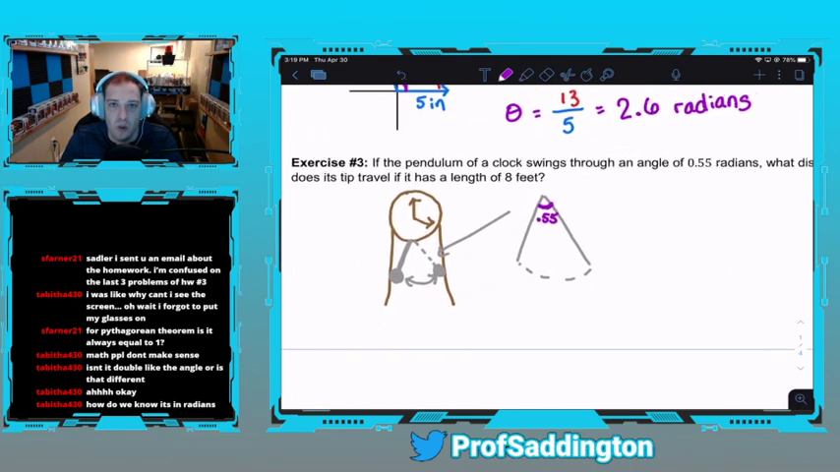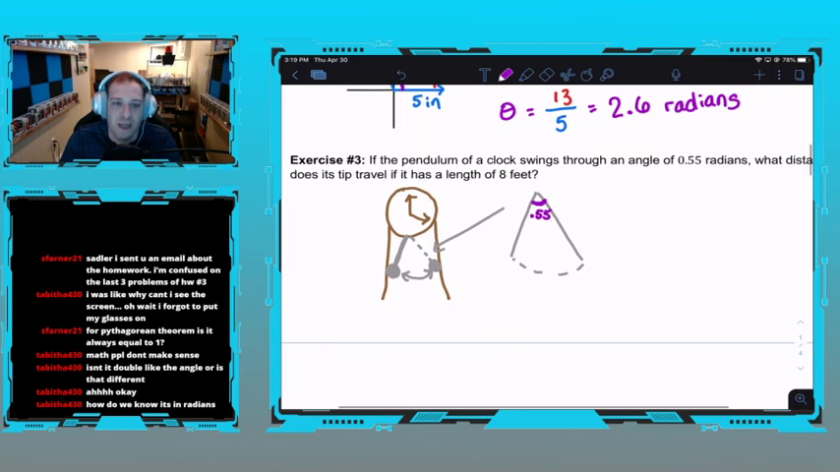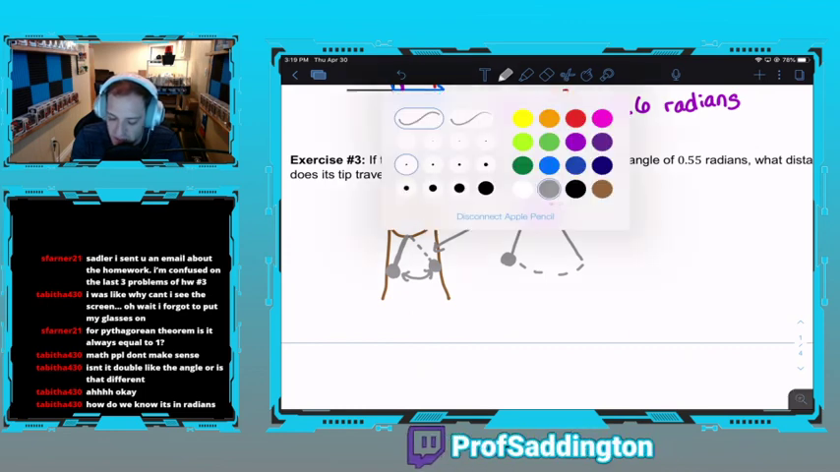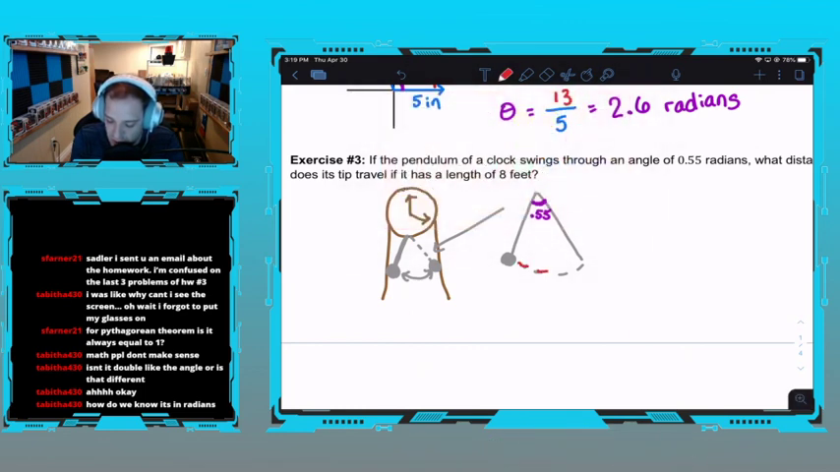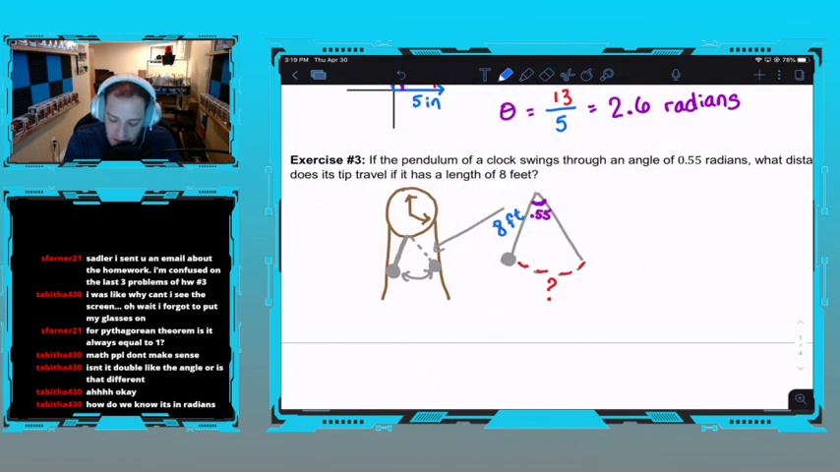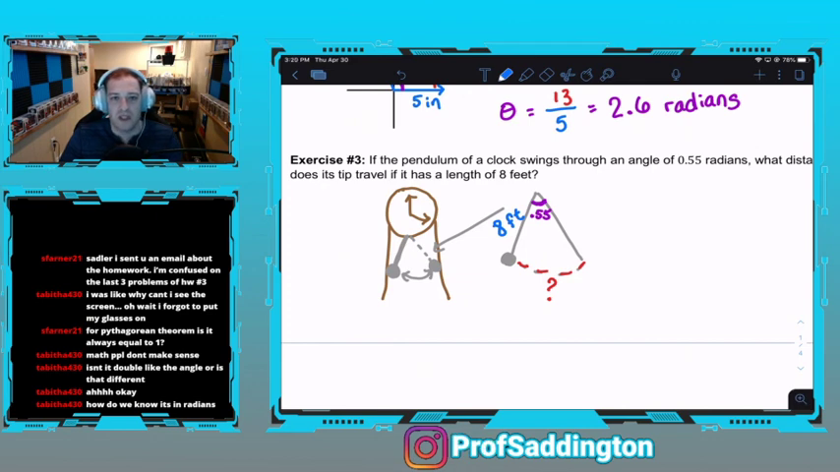It says, what distance does its tip travel if it has a length of 8 feet? So the tip would be the bottom of the pendulum down here. They want to know the distance it traveled here. So we don't know this part. However, we do know the length of that pendulum is 8 feet. So in this particular problem, we need to figure out how much it's swinging in order for this to be